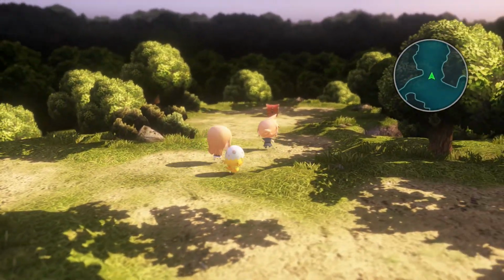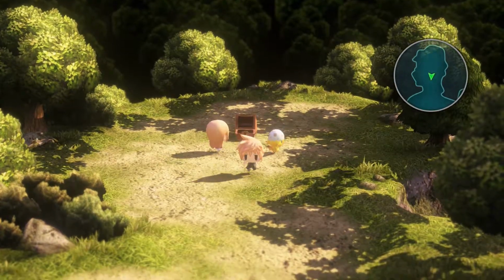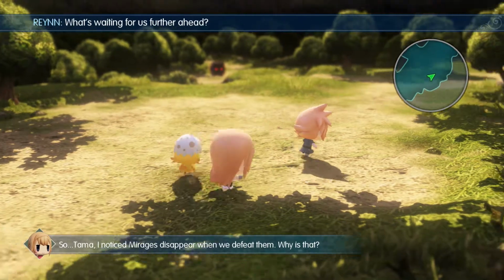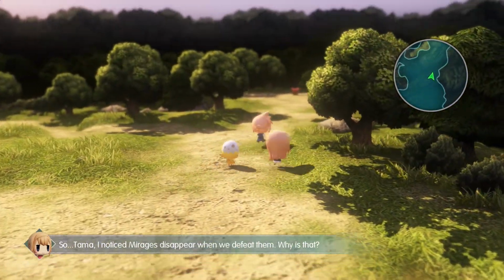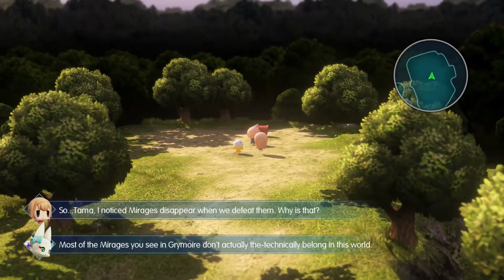So over here, we got our first treasure chest. Got 3 potions. Awesome. We'll need it since we don't have Cure at the moment. Tama, I noticed Mirages disappear when we defeat them. Why is that? Most of the Mirages you see in Grymoire don't actually...